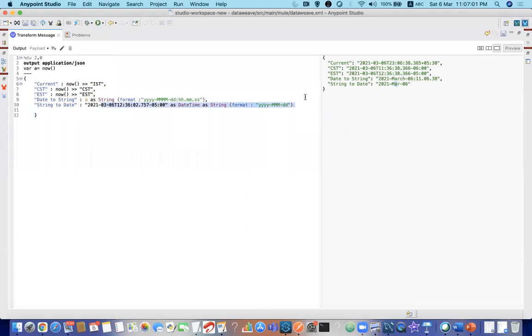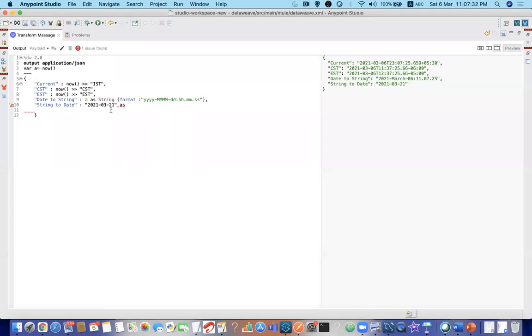Clear? Hey, sorry, I have one last question to you, Srinath. When we work in a real-time environment, sometimes we never know what dates the client sends us. Is there any function which will validate it and give us a proper date? No, it doesn't do that. We don't have that kind of feature in Mule. The only thing is you have to try it out like this.